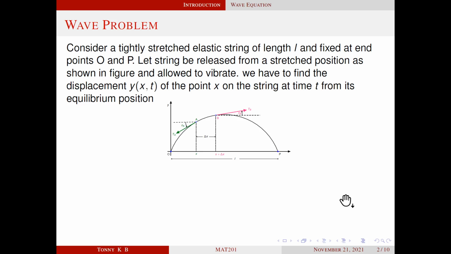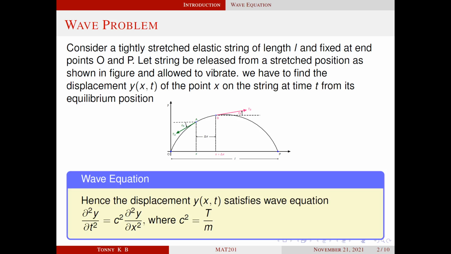We have seen what is wave problem and wave equation. Already we have seen the Fourier series solution of this wave problem. The D'Alembert solution is derived from the general solution of this wave equation. So first we have to find the general solution of this wave equation. We will use a special technique for finding the general solution of this wave equation.